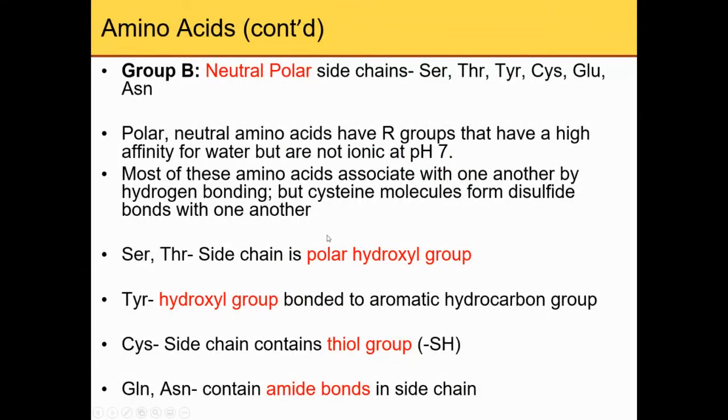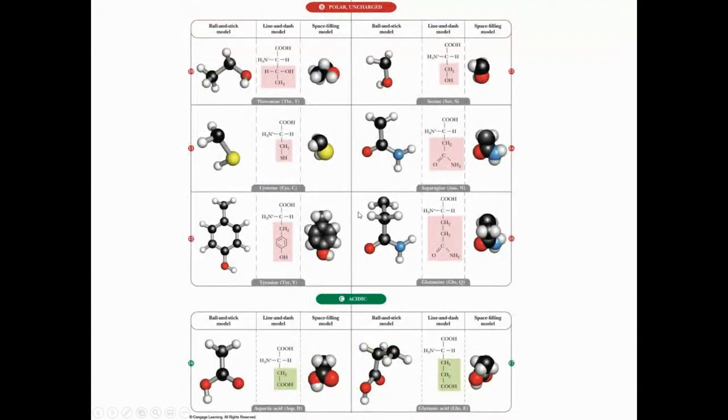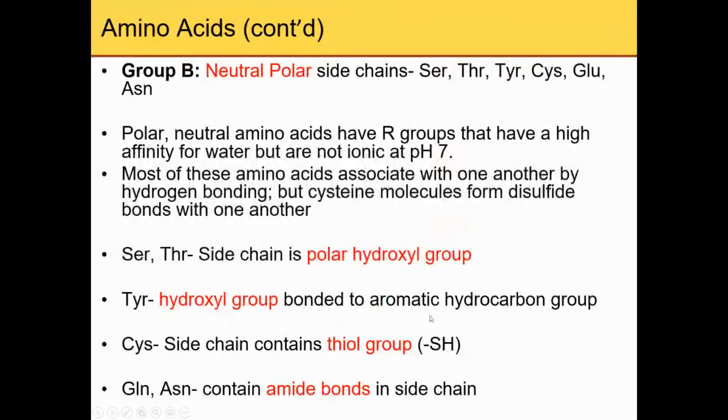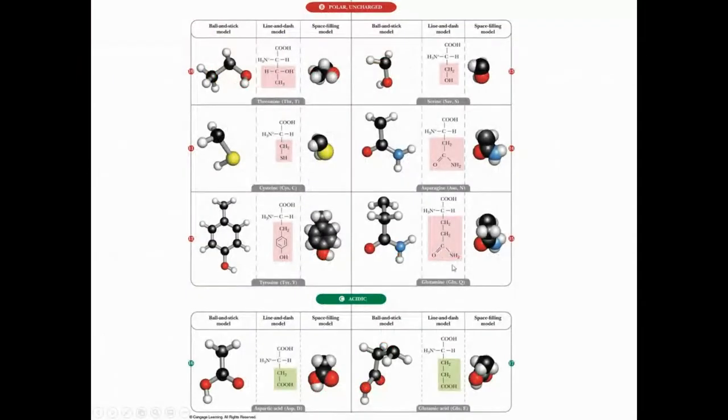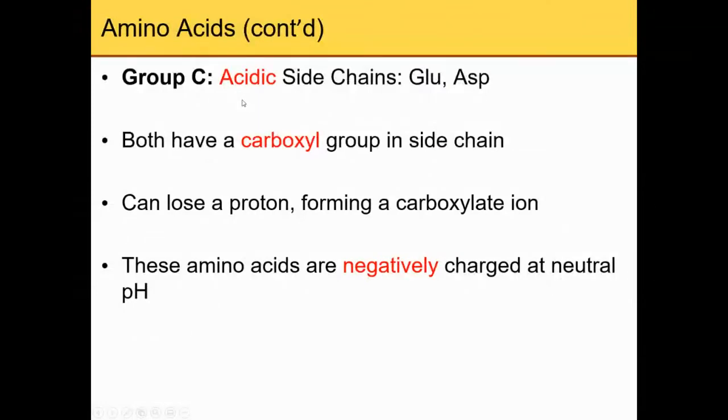Right, and then glycine, asparagine and glutamine. So these two, they have this amide bond in the side chain. Okay, this amide bond in the side chain here. Okay, so these are polar, uncharged, right? Polar, uncharged. Okay, and then the next group will be the acidic side chain,